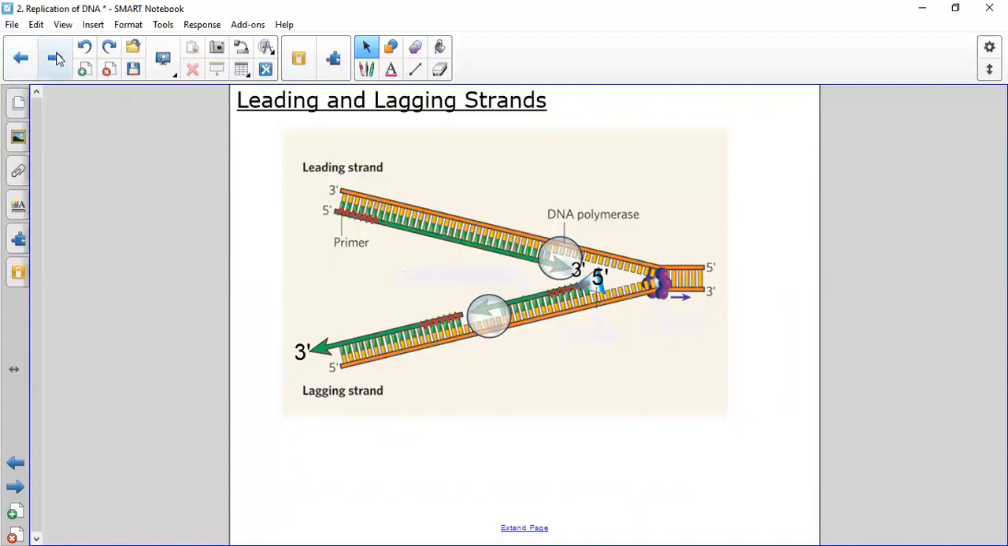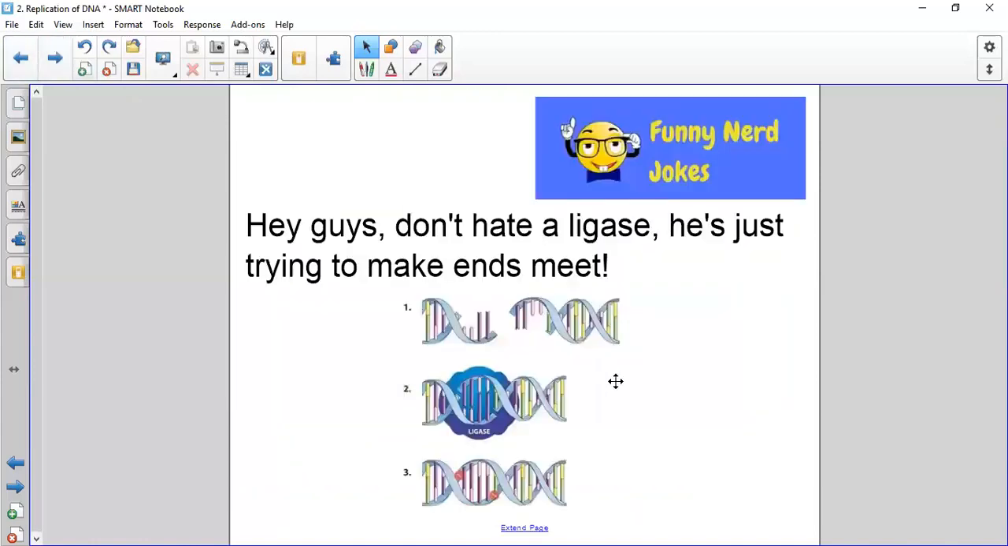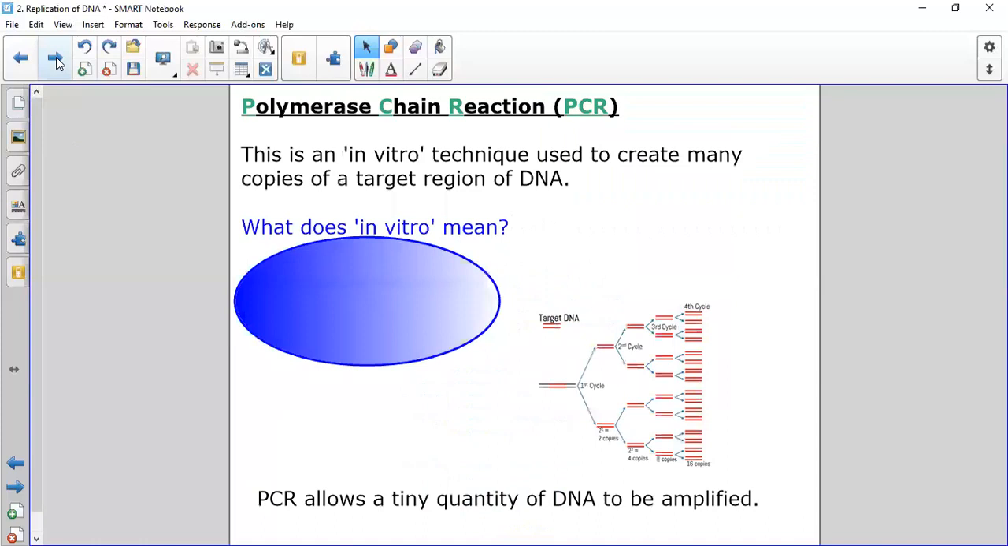Here's another joke, full of jokes today. Chuckle, chuckle, chuckle. Okay, we're nearly there, we're nearly there. Right, so